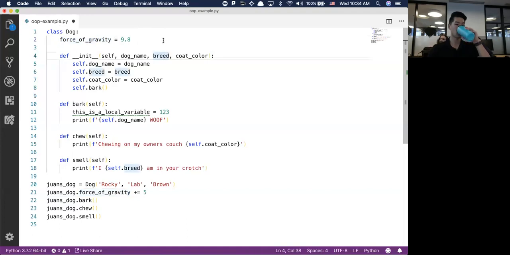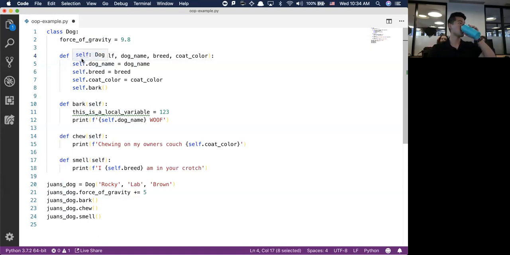You said dunder, what is dunder? So double underscore shortened is dunder, so I don't have to say double underscore over and over again. And double underscore methods like this have 2 underscores in the front, the name of the method, and 2 underscores again. So those are dunder methods. These are the ones that are built into Python, so you don't need to initialize them; Python already knows what to do when you have the